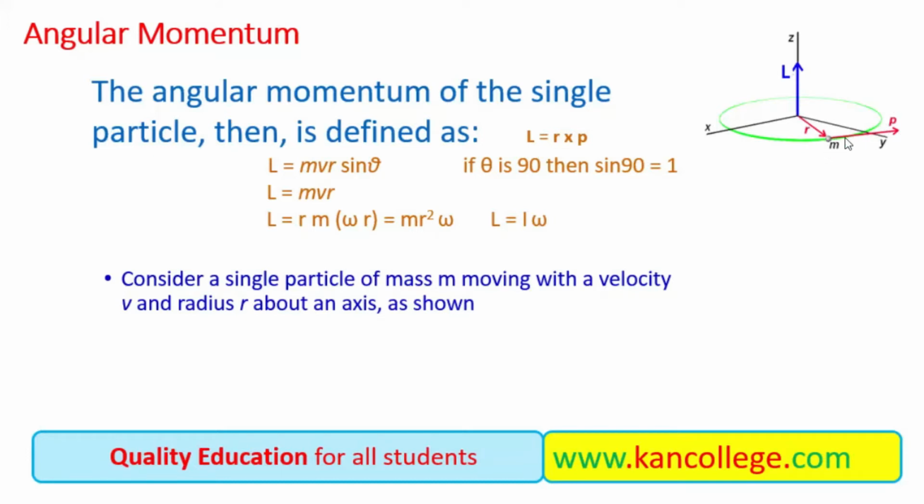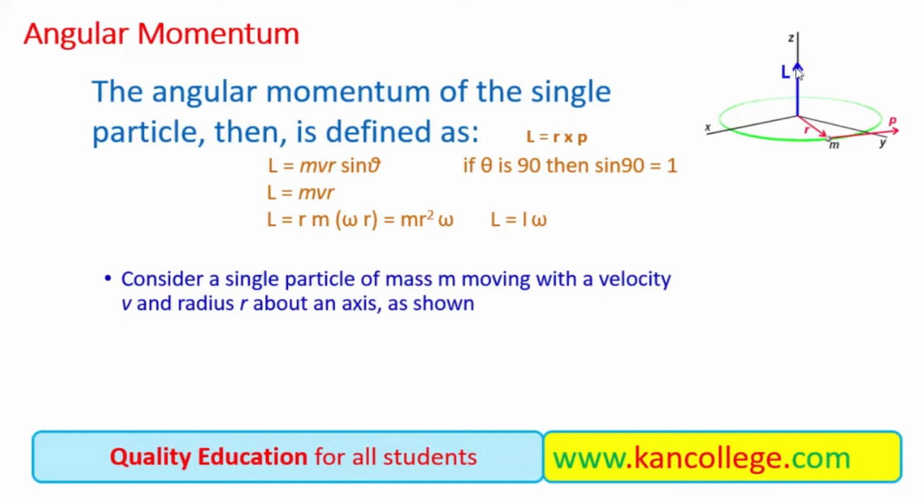And as it is moving in a circle of radius r, it means that it has not only a linear momentum, but it has an angular momentum or a circular momentum. So what is the value of circular momentum? Angular momentum is somewhat different from the linear momentum, as it also depends upon the radius. Angular momentum is given by the formula r cross p. It means that it is a cross product and it is a vector quantity.